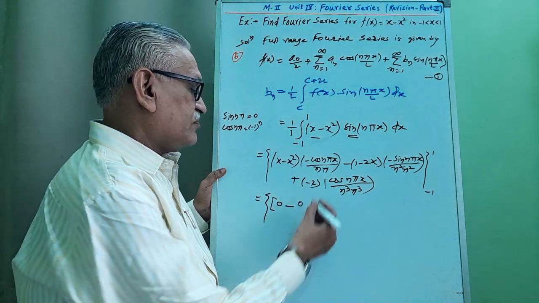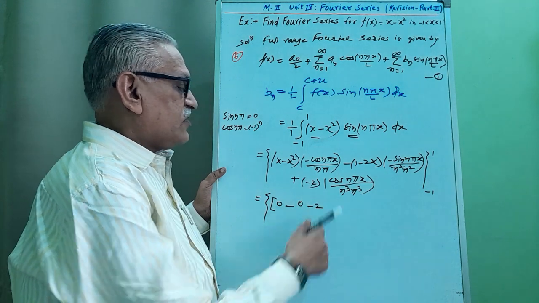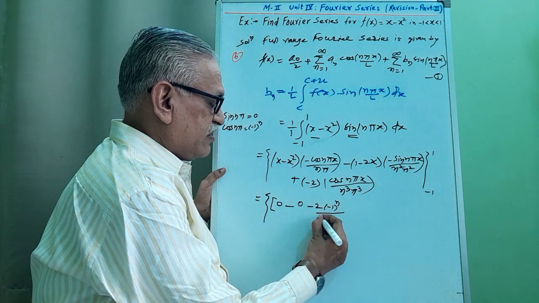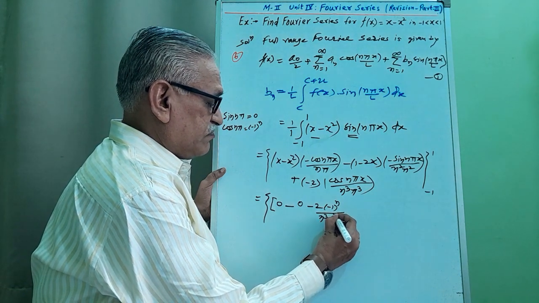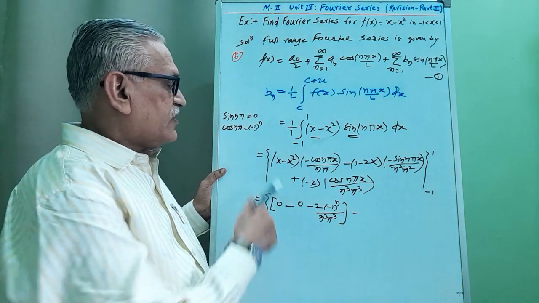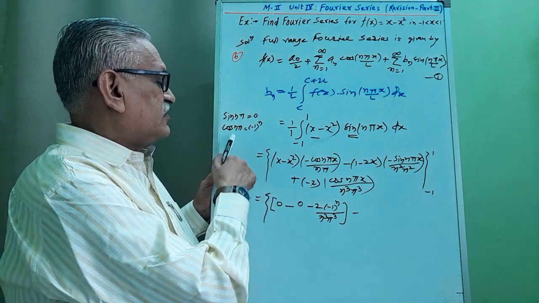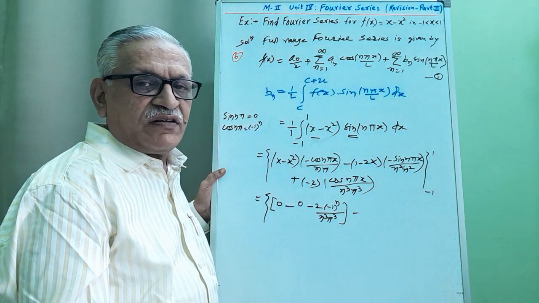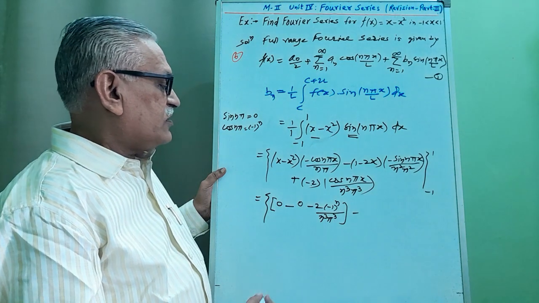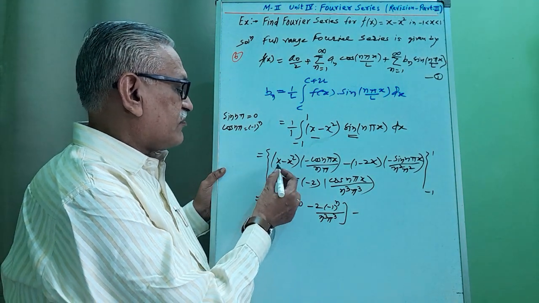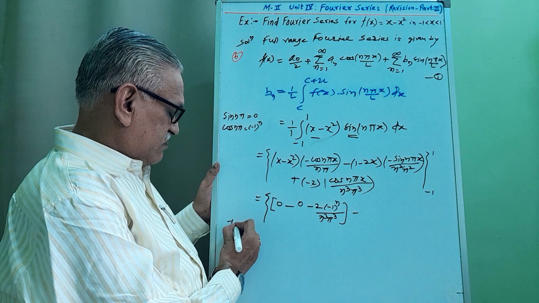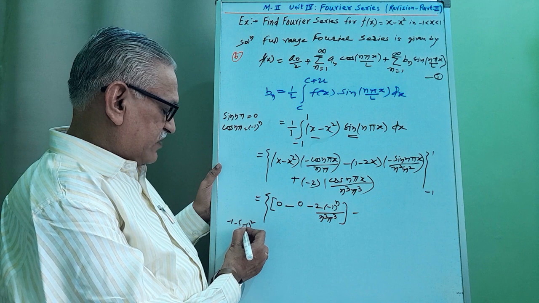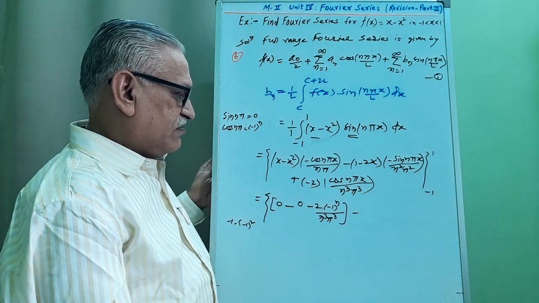The third term, minus 2 times cos of n pi, minus 1 raised to n by n cube pi cube, minus next minus 1 minus 1, minus minus 1 square, therefore that term becomes minus 1 minus minus 1 square, which is 1 minus 1, minus 1 minus 2